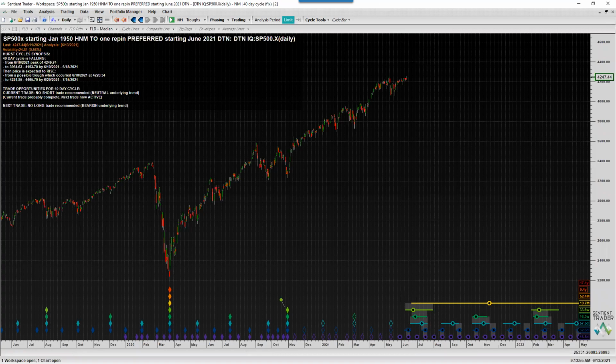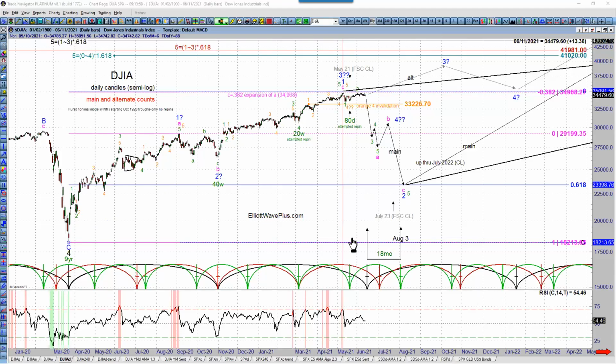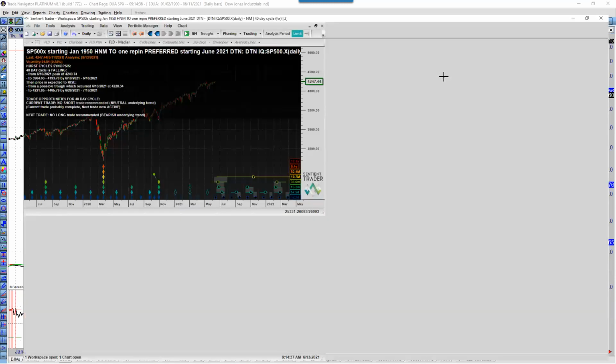And so that brings in several questions. One is, if we're done with an ABC for wave one of an ending contracting diagonal, typically wave two of a diagonal is a deep pullback, at least a 0.618, and typically 66 to 81%. So since we only really have about a month left before that trough is due, that would be a really substantial plunge. That would be a very substantial plunge.